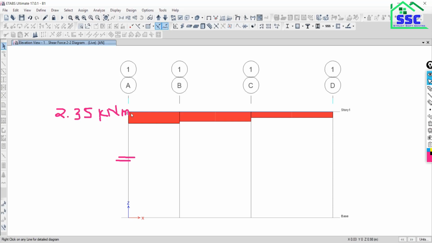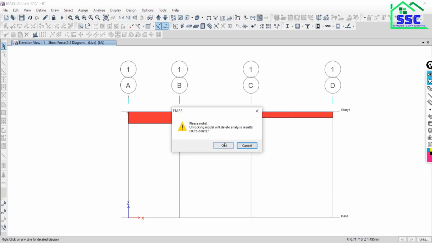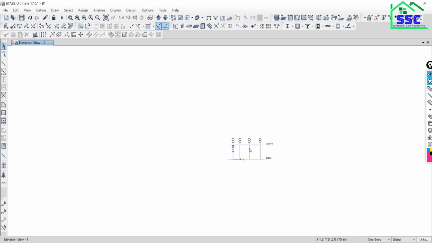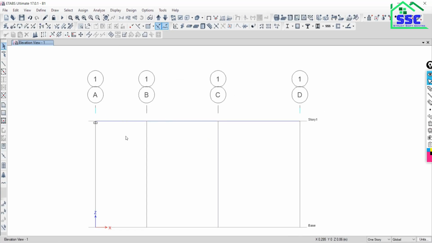You can also model it entirely as a single beam. How can we do this? Just unlock the model. Once you unlock the model, delete everything. How to delete everything? Just select all. Here is the option All. Once you click on it, everything drawn in the model will be selected.